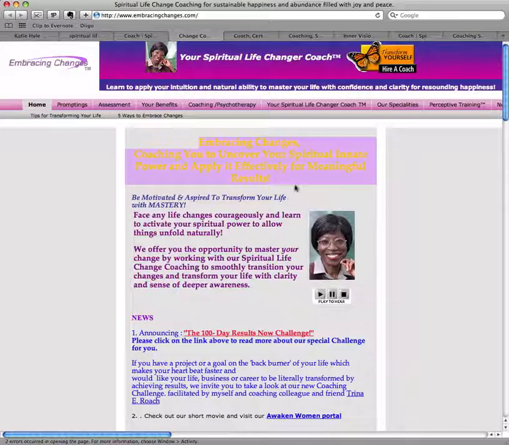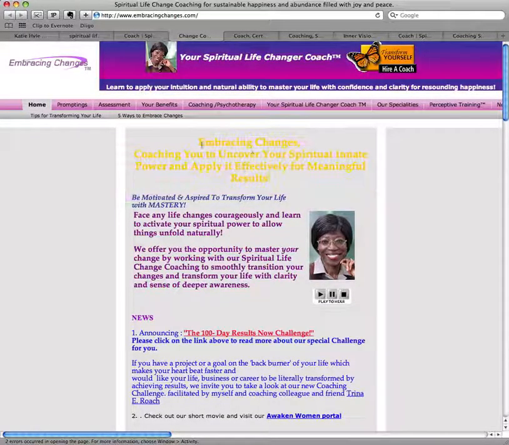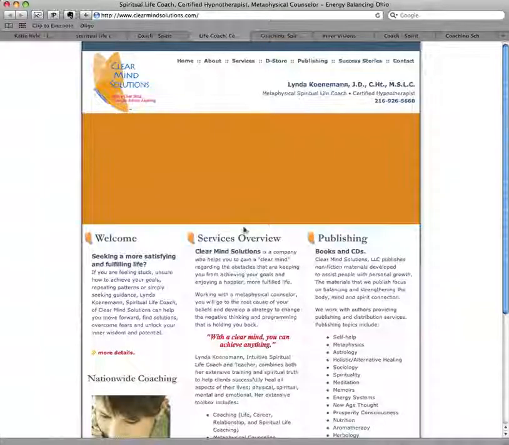Embracing changes. Again, this doesn't really say anything to me. By the way, the design's horrible because the contrast isn't there with the text, the headline being one of the most important pieces of text. This isn't about me, really. I can't really relate to this, and it's something that I'm sure she's really good with, but I can't really relate to the content. And facing life changes courageously. If I'm facing a life change, I'm probably not thinking about courage. So just consider this as you go through this kind of content.